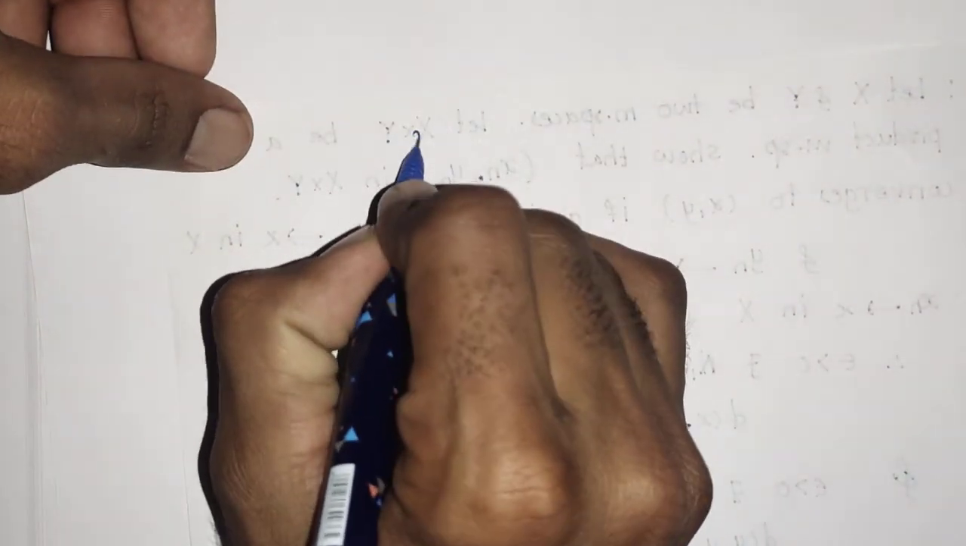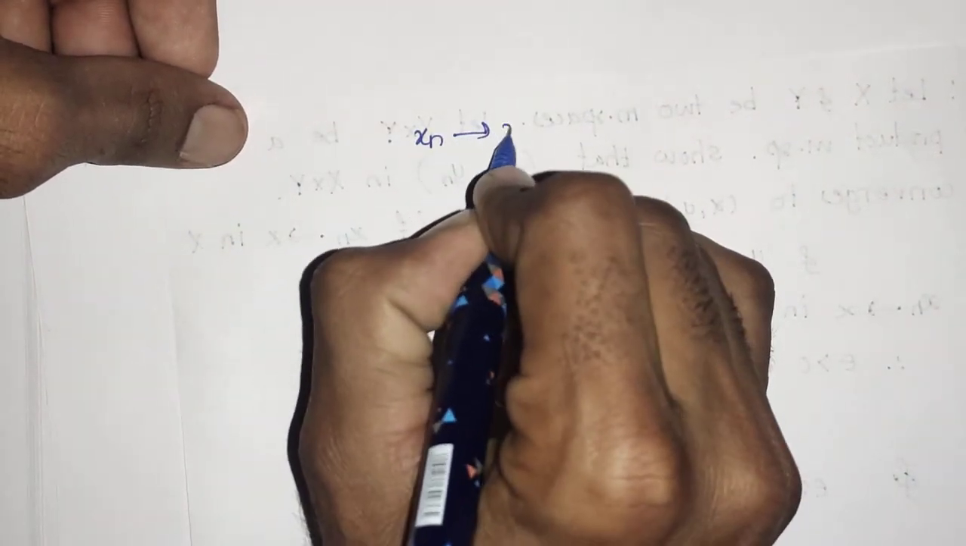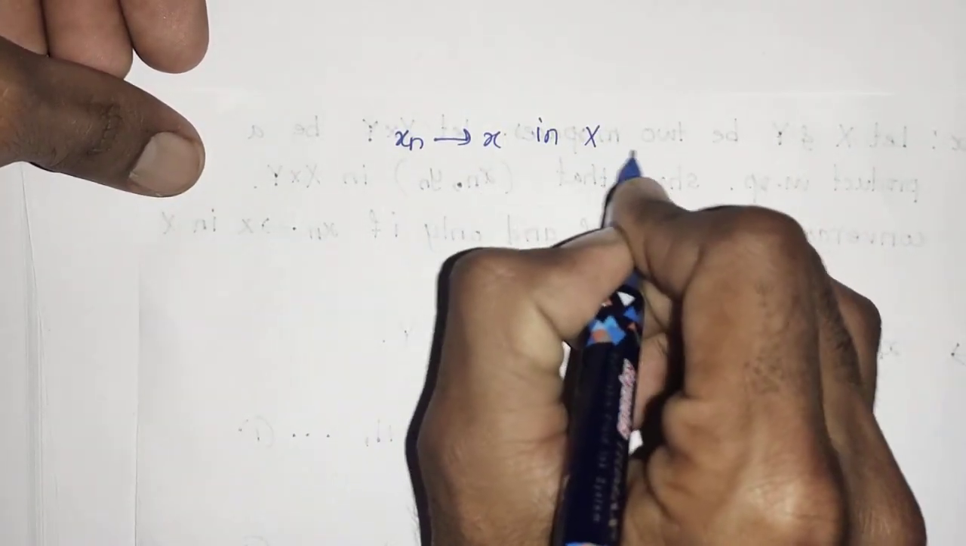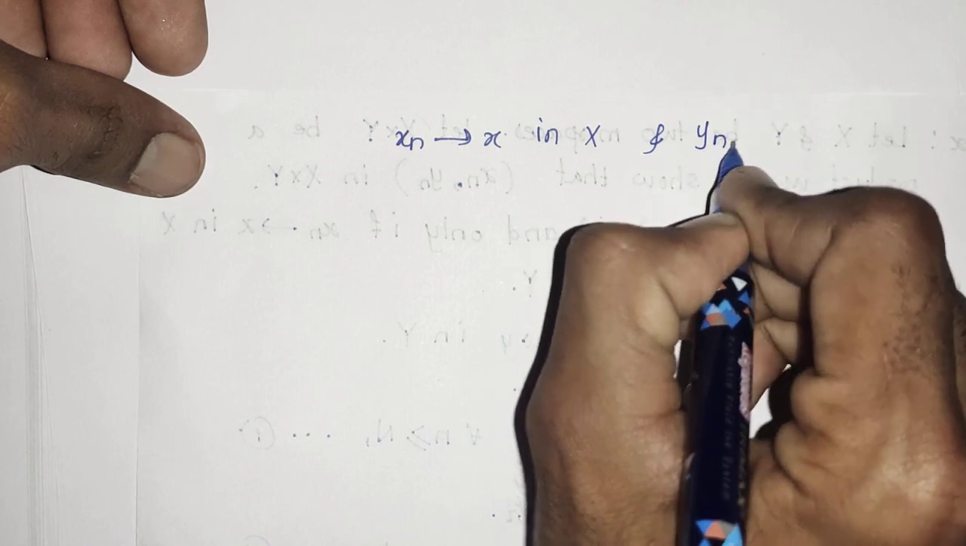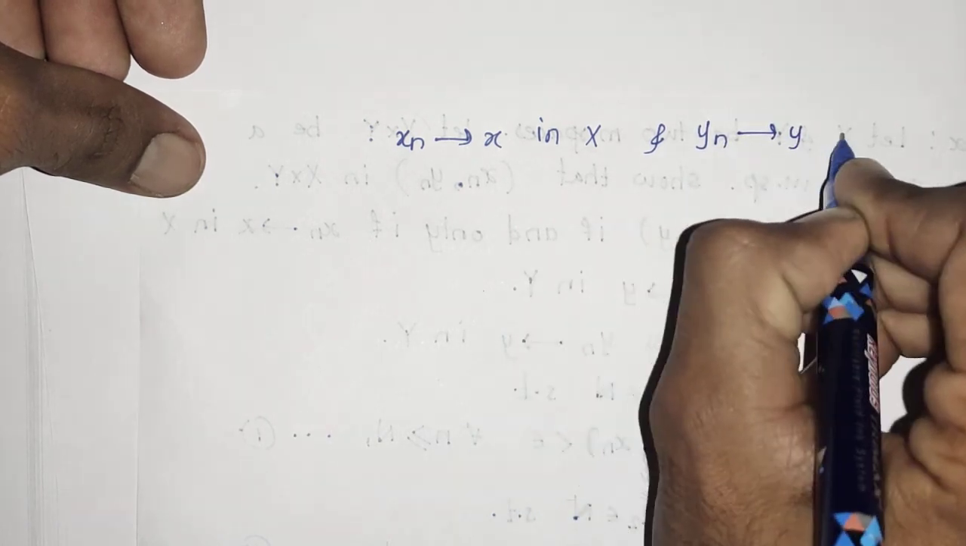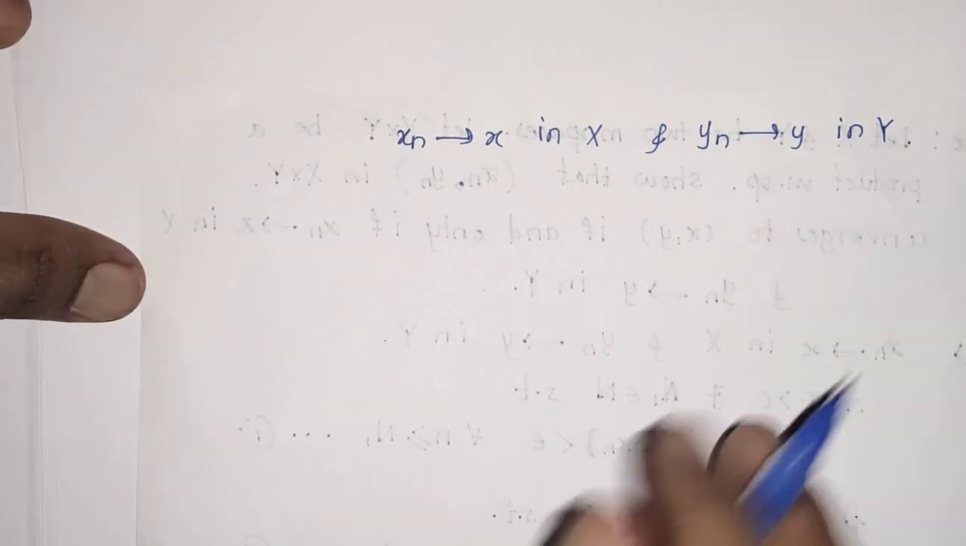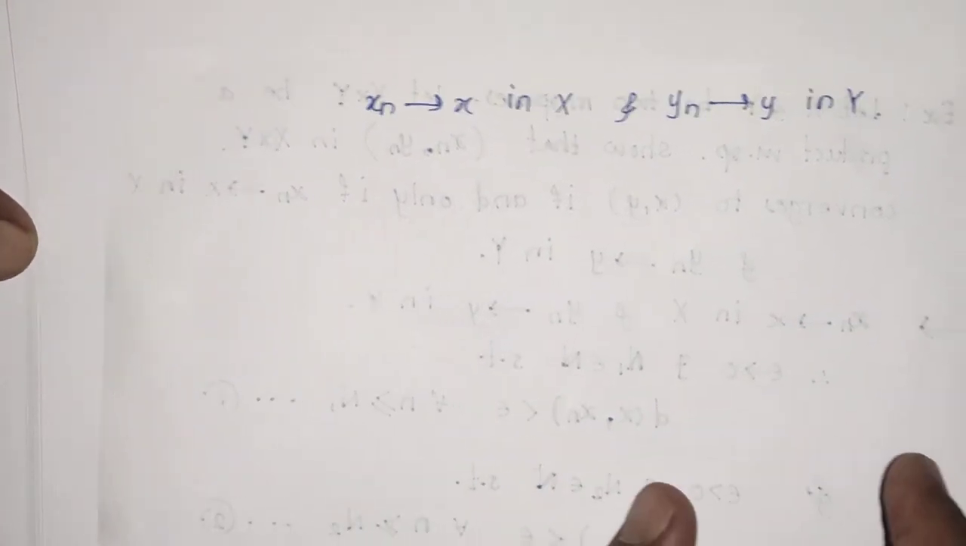So, we can write the sequence xn converges to x in X and the sequence yn converges to y in Y. Hence, the solution of the given example. Now, the next example is